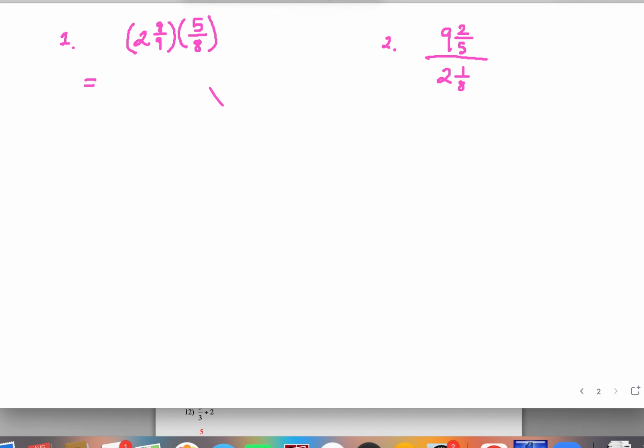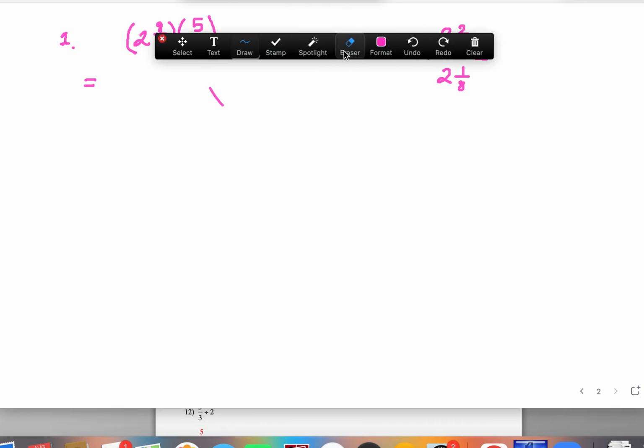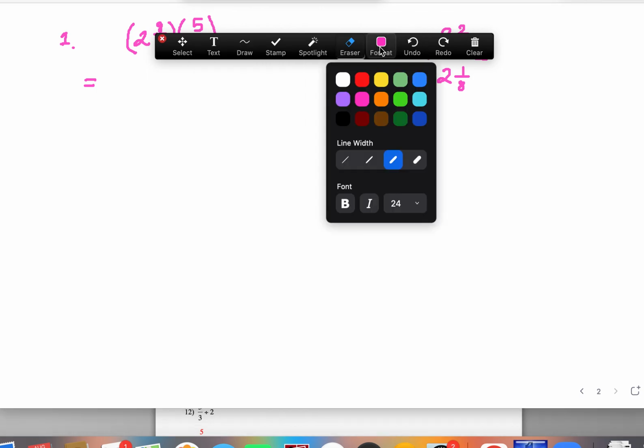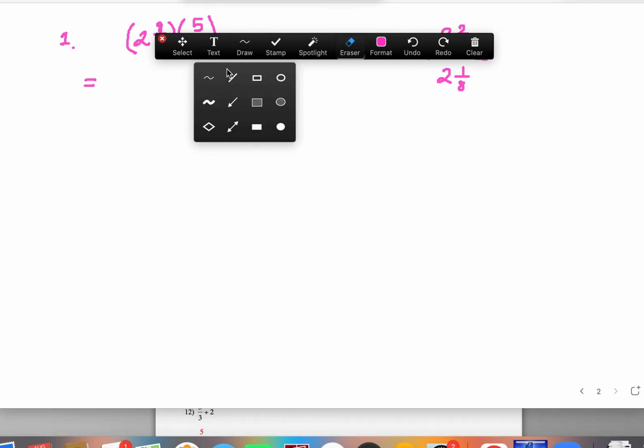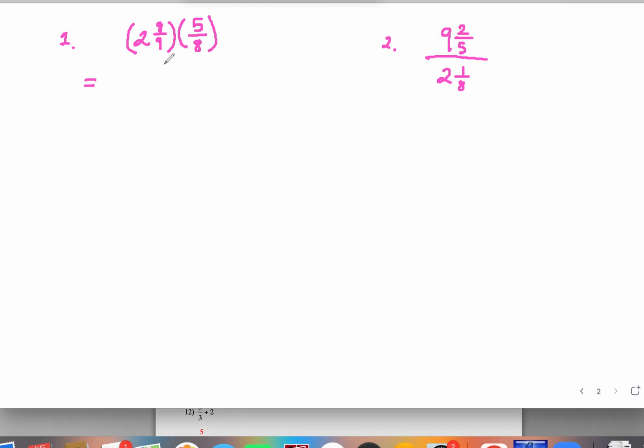To do is we're going to multiply and divide fractions. So I have here two fractions, and I'm going to show you how to multiply and divide. Because in the first one it's multiplication, and the second one is divide. So first thing we do, like in adding and subtracting fractions, is we want both